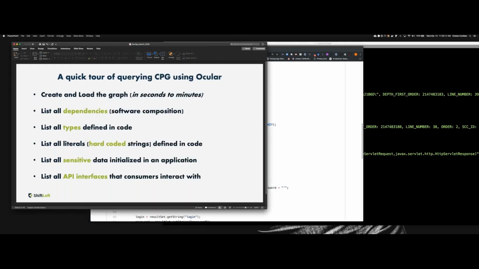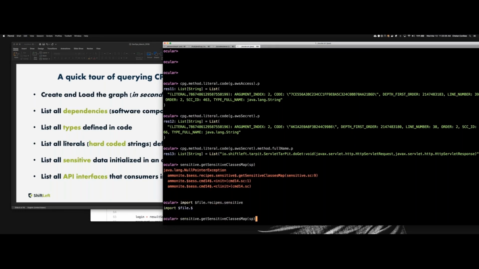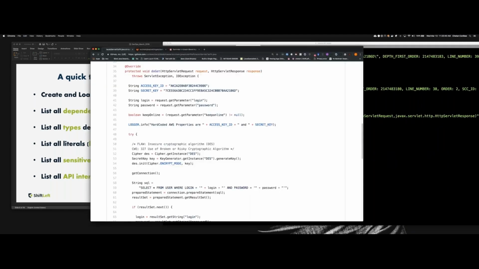Now let us go a step further and ask, what are the sensitive data elements that we have defined in this code? Note that this is a key value proposition that you otherwise wouldn't find in any other security tool. I'm going to quickly import this script and ask this question. But to give you a sense of the sensitive data elements,